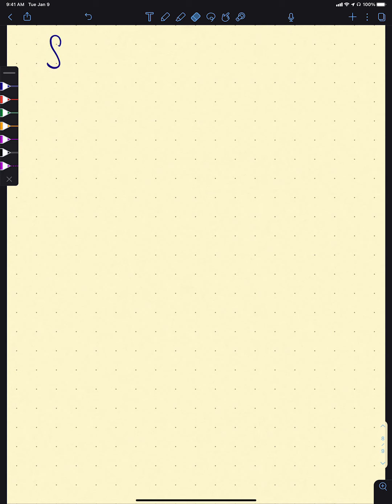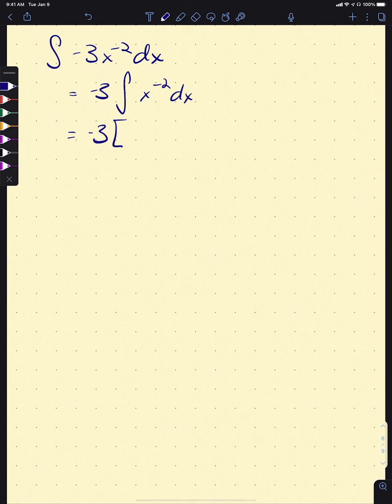Maybe now we'll go minus 3, x to the minus 2, right? See what happens if we throw in some negatives. Well, that negative 3 is going to just sort of drop through. We get negative 3 times the antiderivative of x to the minus 2 dx. So we have negative 3 times, well, we're going to have 1 over minus 2 plus 1, so minus 1, x to the minus 2 plus 1, so minus 1,